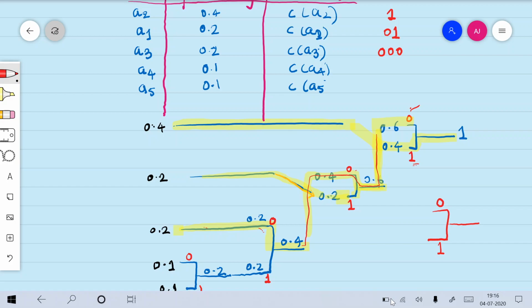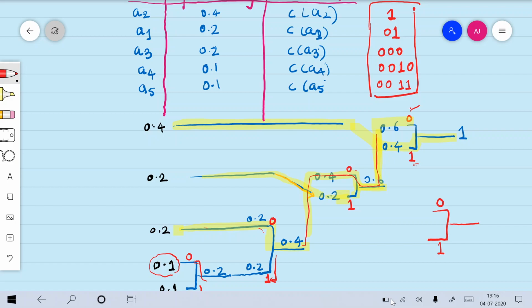Now without drawing it for 0.1, can I write, because this was the end 0, so you had just come down and written it as 1. Okay, 1, and then you had traveled this way and then it was 0. So I will write 0 0, then I had 1 here, so 1 0, and then the last one as 0 0 1 1. So these are my code words which I am getting from the Huffman tree.